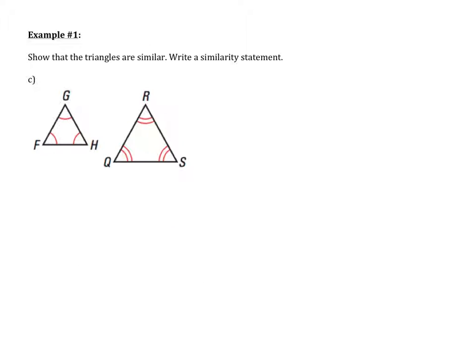And on to part C, show that the triangles are similar and write a similarity statement. So we see that this triangle is equiangular and this triangle is equiangular, but we do not know that these angles are congruent to each other from one triangle to the next. However, if you remember back from chapter 4, if we have an equiangular triangle, we know that each angle is 60 degrees because there's 180 degrees in each triangle. And if all three angles are the same, 180 divided by 3 is 60. So just the fact that we know that the triangles are both equiangular, we can show that each angle is 60 degrees,